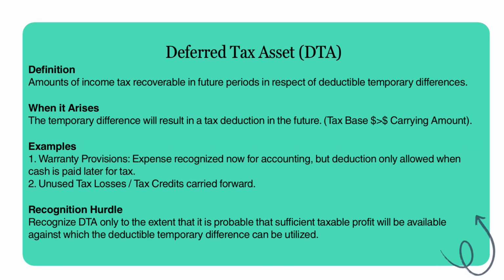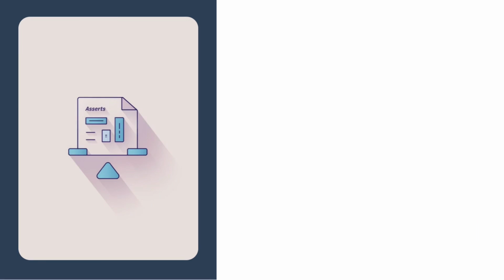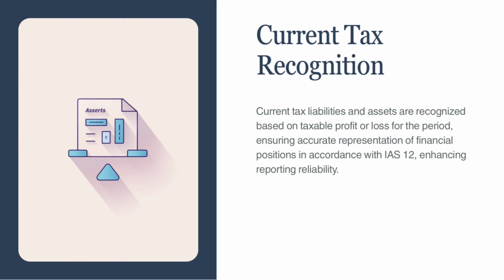Deductible temporary differences. These differences will result in amounts becoming deductible in future periods. They give rise to a deferred tax asset. Example, warranty provisions. For accounting, IFRS, you recognize a liability for future warranty claims as soon as the related revenue is earned. However, the tax authority may only allow the deduction when the actual cash is paid out in a